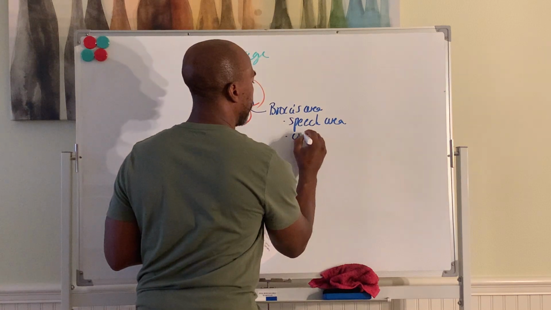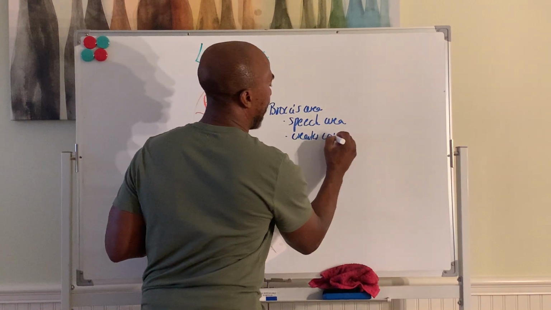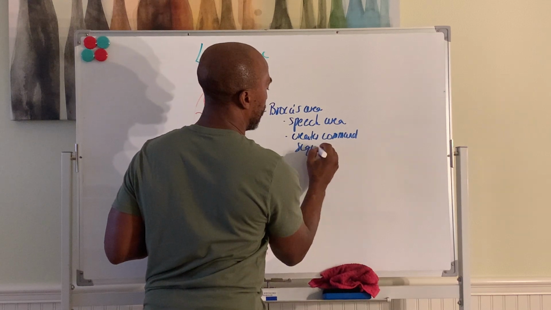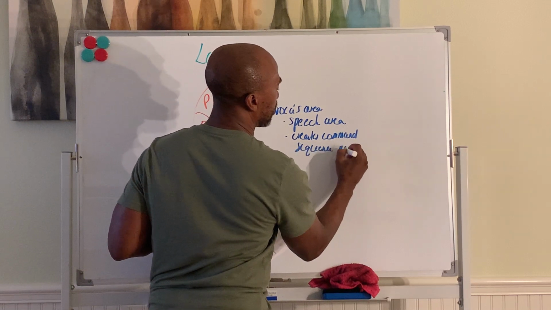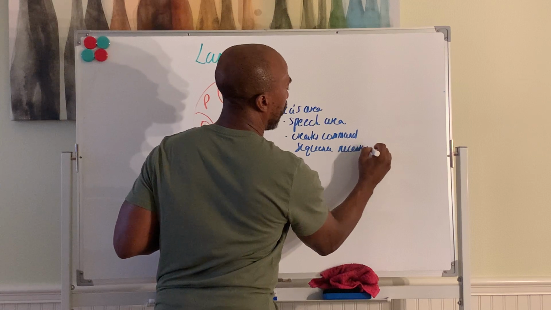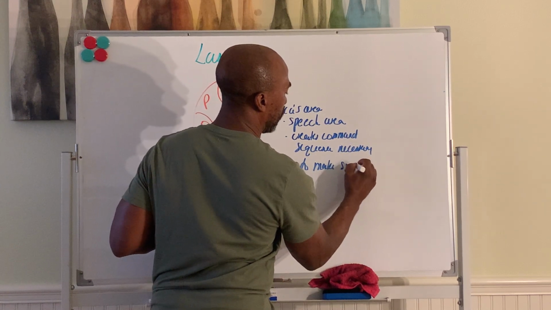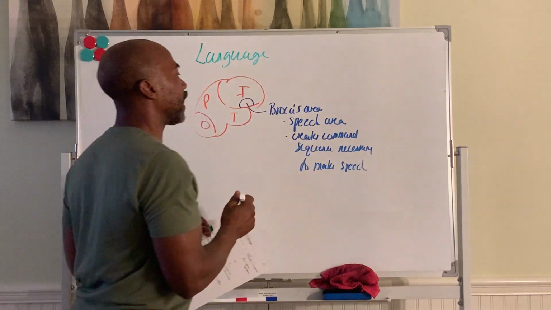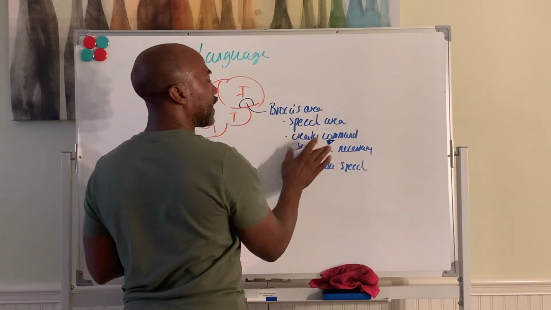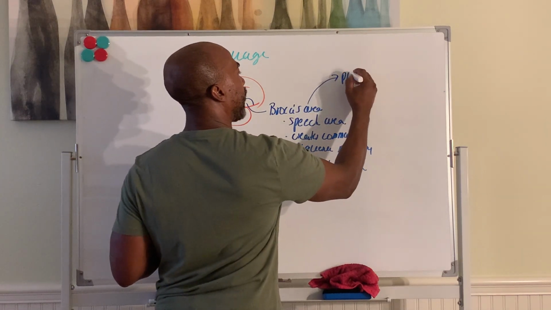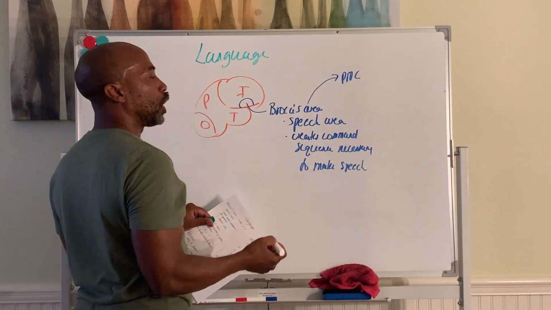So it creates the command sequence necessary to make speech. So the Broca's area will then send this command sequence over to your primary motor cortex, which will in